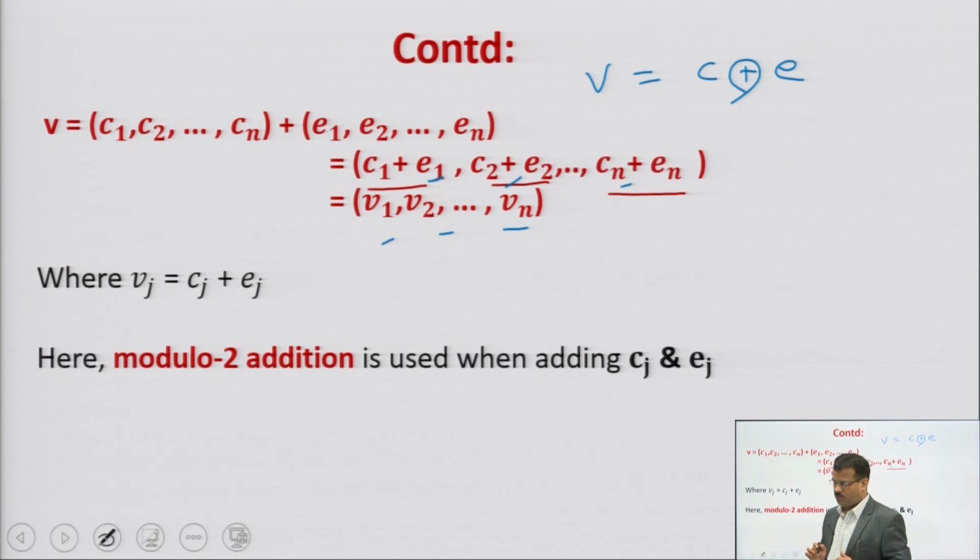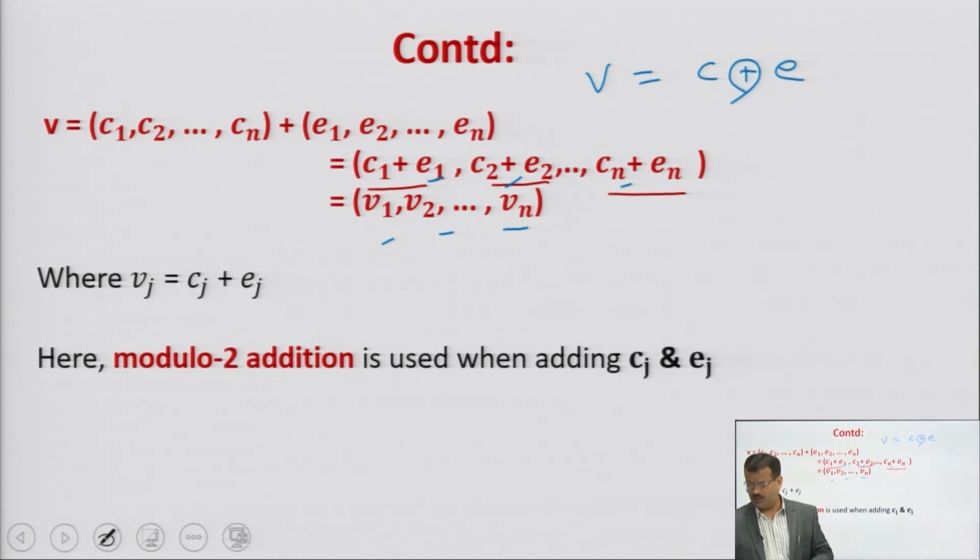Vj is equal to Cj plus Ej, and generally we are using the mod 2 addition. Mod 2 addition means same bits result will be 0, and 1 and 0, or 0 and 1, if you add by mod 2 then it will be equal to 1. That you have to keep in your mind always, because in error control coding हमेशा addition simple नहीं mod 2